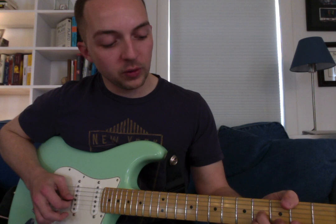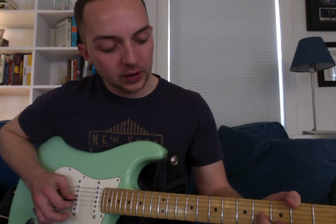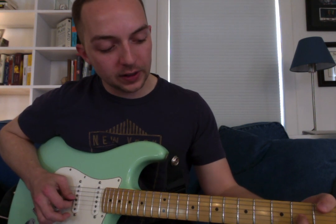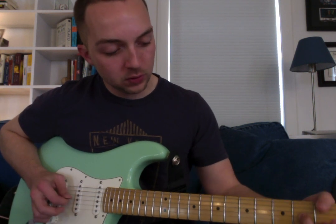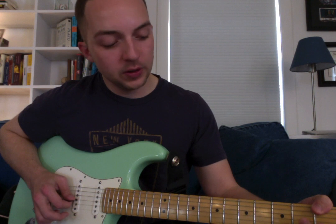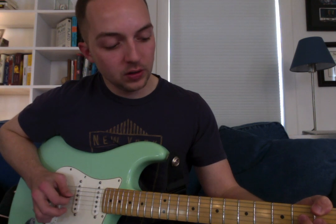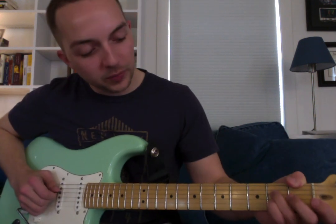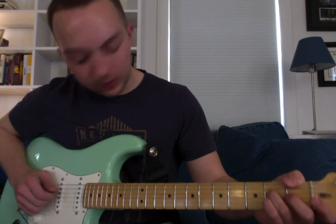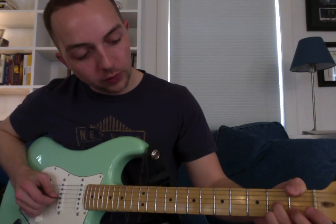So when you slide it back down, you're just strumming the 4th fret here and then sliding it down to the 2nd fret on that G string. So from the top, pull off and play an open G. And then with your ring, oh gosh, you can't see that. With your ring finger, you play the 2nd fret of the D string. So from the top,